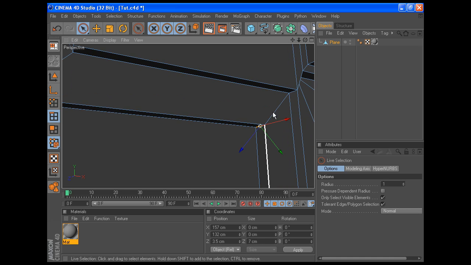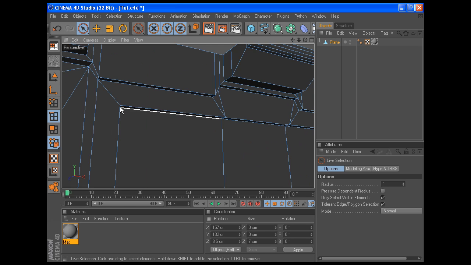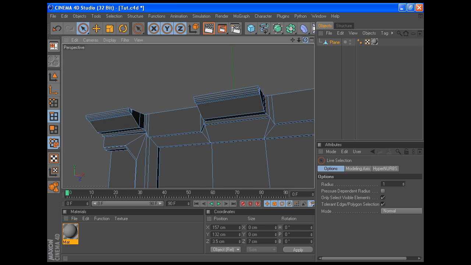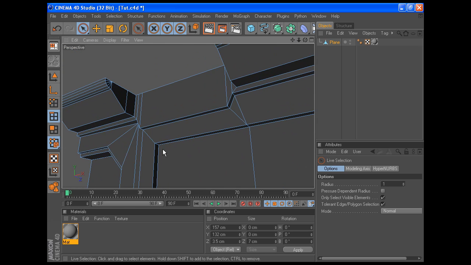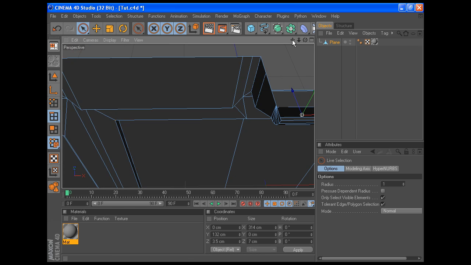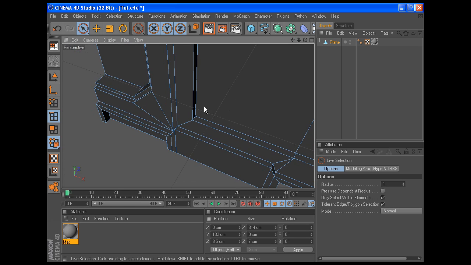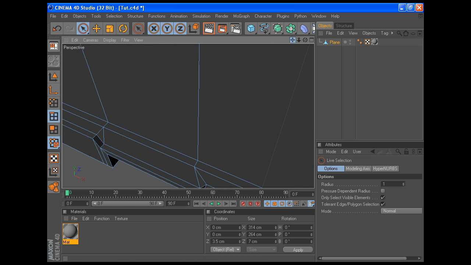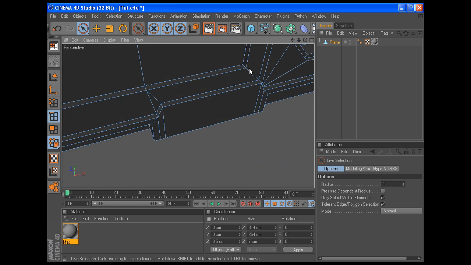Okay, let's go back. On here, we're going to turn around, zoom in, select this edge. Let's go down here, turn, select this edge. Go here, this side. Turn around, select this edge, oops, not that one, this edge,